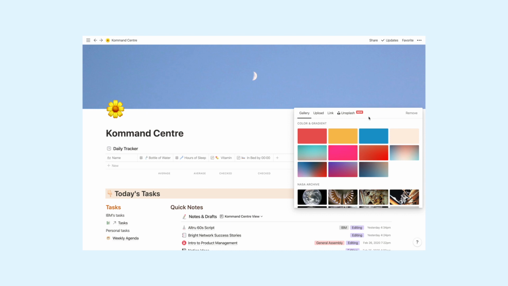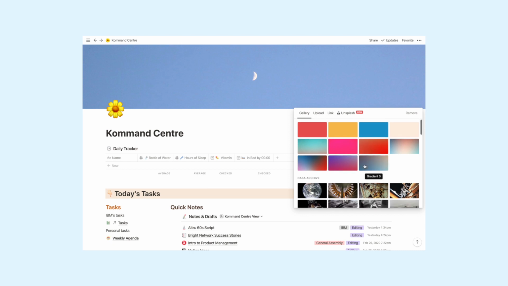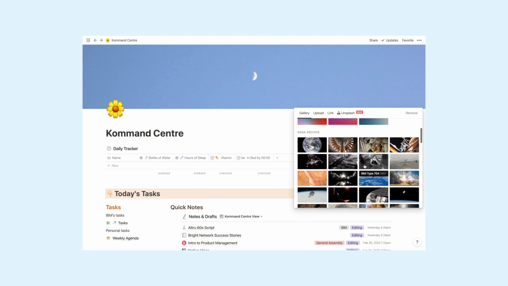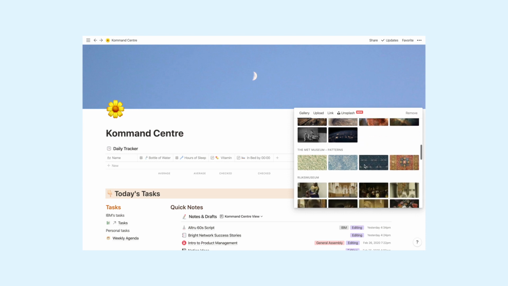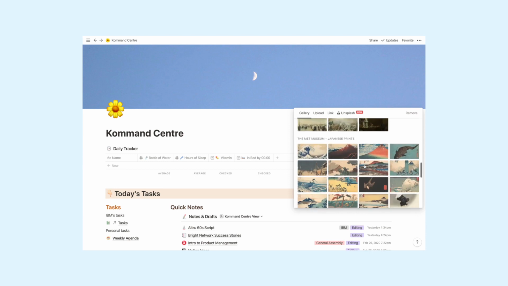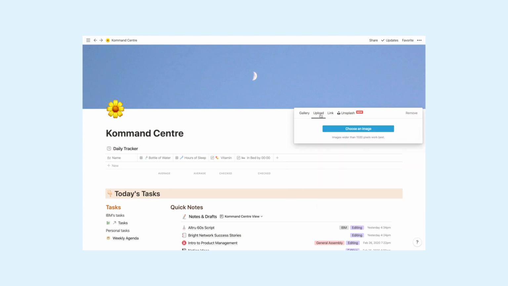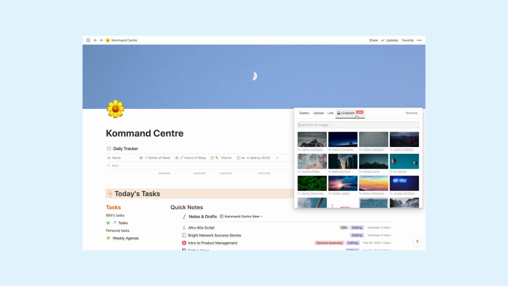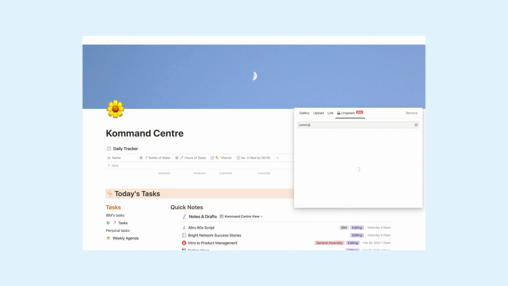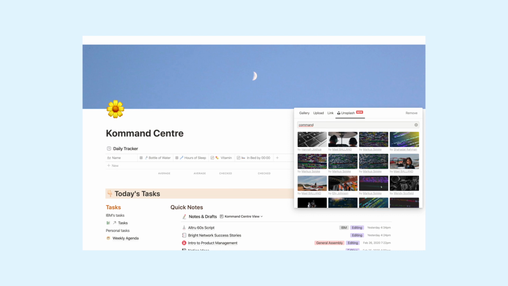So Notion partners up with quite a lot of museums, and you can see here, if you go down, there's an archive with NASA, but also a few different museums around the world as well. And you can choose any of these, upload any images, links as well, so it works with any image from the web. They've recently partnered up with Unsplash as well, so you can search for anything. So maybe you wanted a Command Centre picture, so you can find it here